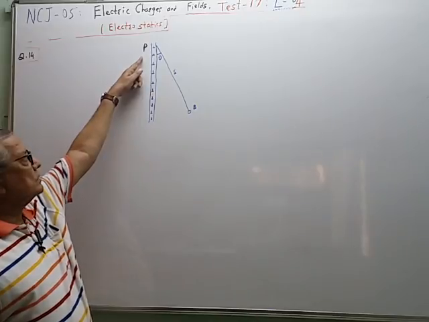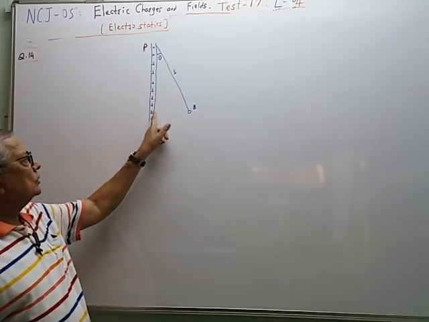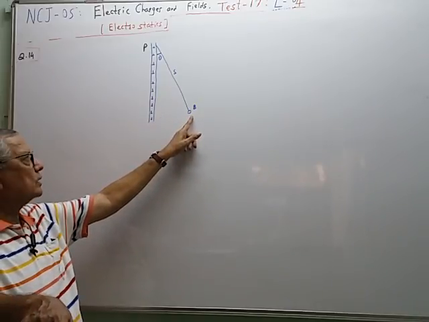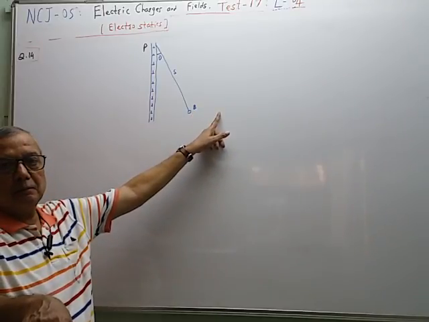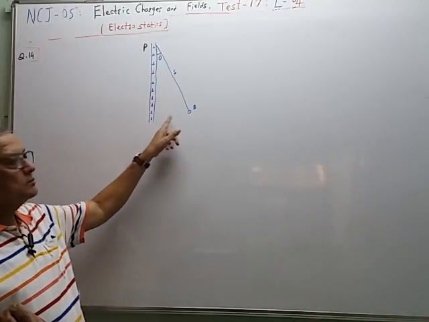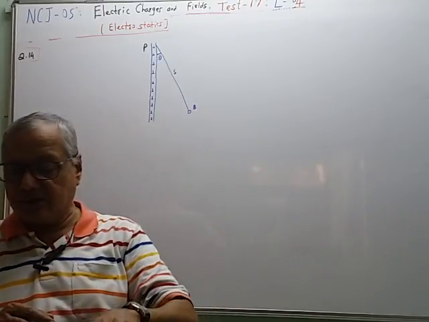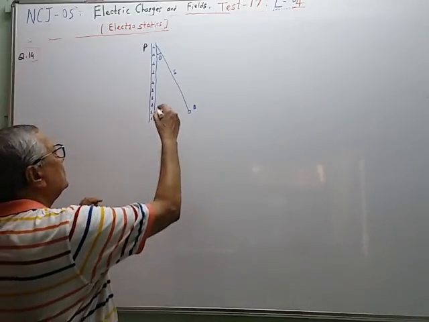So the figure is given like this. This is the charged sheet having positive charge. This is the charged ball B. So there is a force of repulsion because this is also having positive charge. So that force of repulsion is acting in this direction. And now it is balanced by the tension. So there is some tension along the string, and that we are going to see. The arrangement is like a conical pendulum.